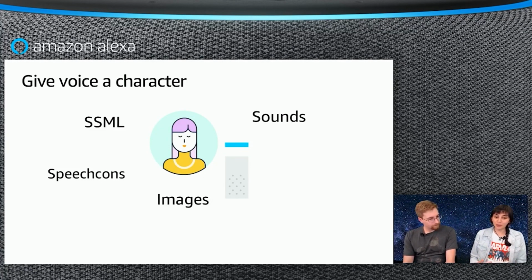So the first thing we can use is SSML. What is SSML? It's a Speech Synthesis Markup Language. It allows you to put some tags around your text to change so many things. You can change the tone, volume. You can ask Alexa to whisper and do so many other cool things. You can change the voice to any of the Polly voices. Exactly. Yeah. So there's so many tags that you can add and make it interesting.